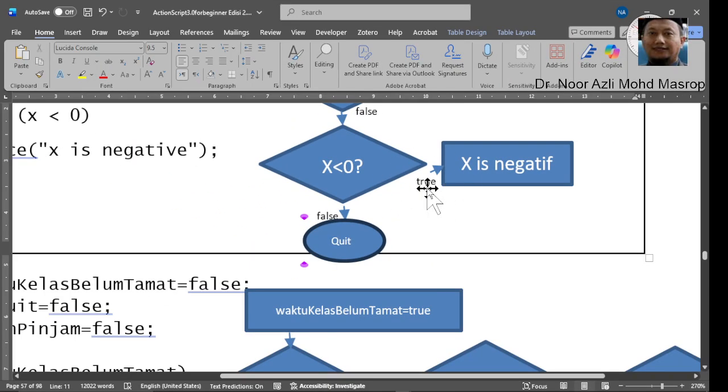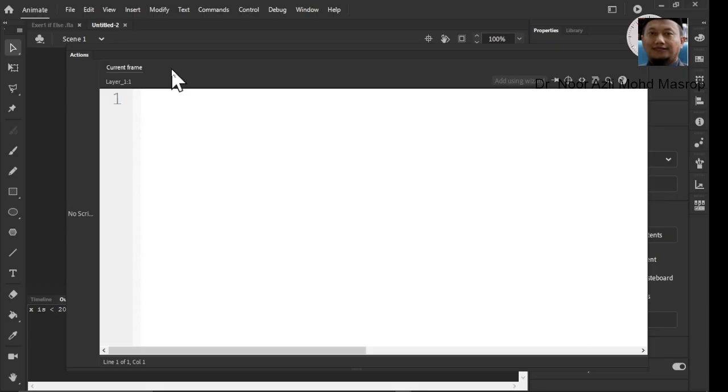Okay, let's begin. Open a new file in your ActionScript, and first we will declare a variable.